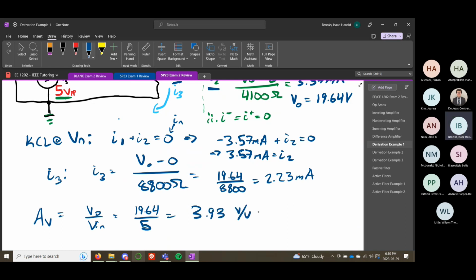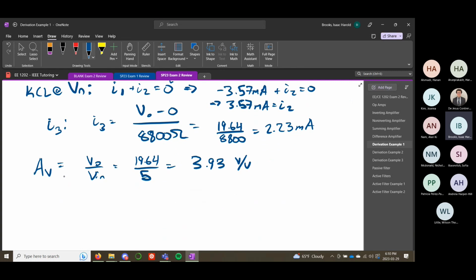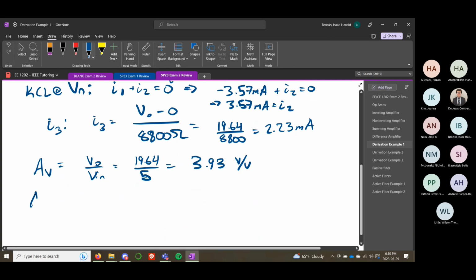Volts per volt. You don't always have to put the volts per volt, but this is the ratio version. So we want to get the gain in decibels. Again, the equation is 20 times the log base 10 of your gain in volts per volt. That'd be 3.93